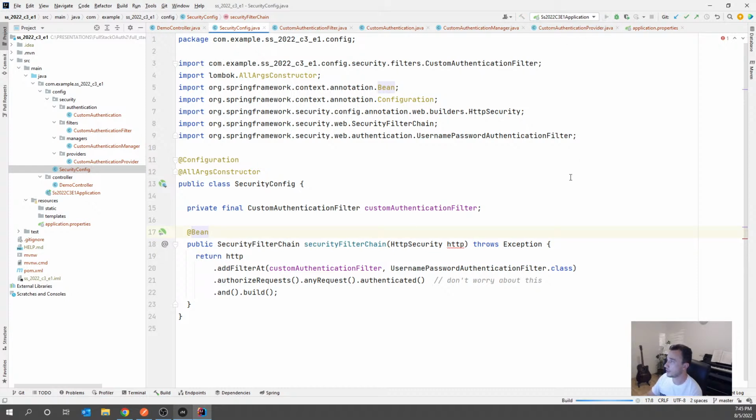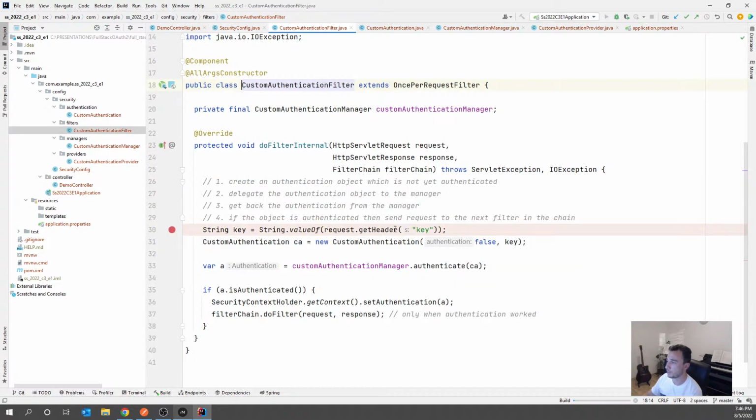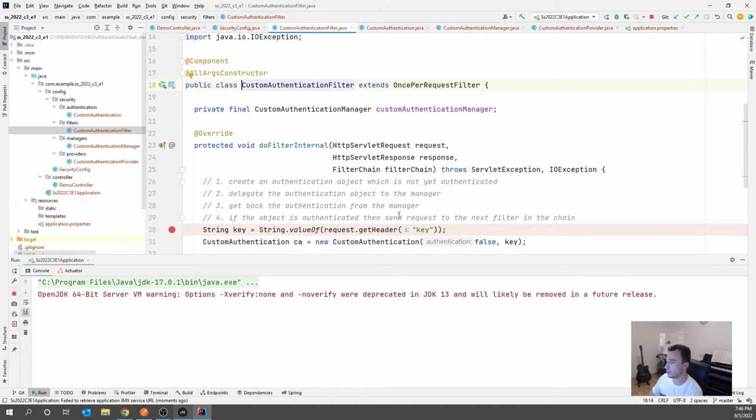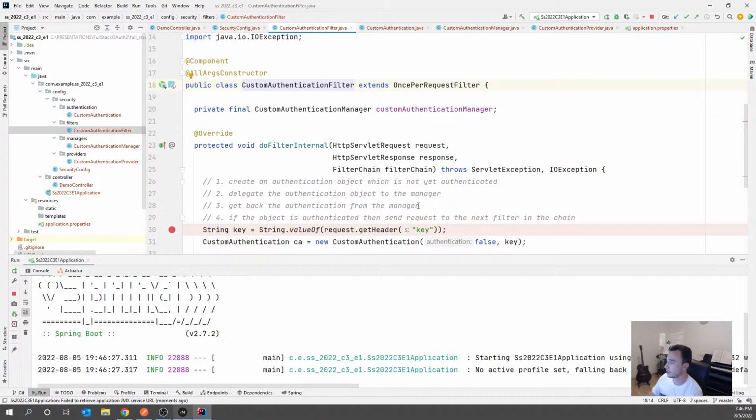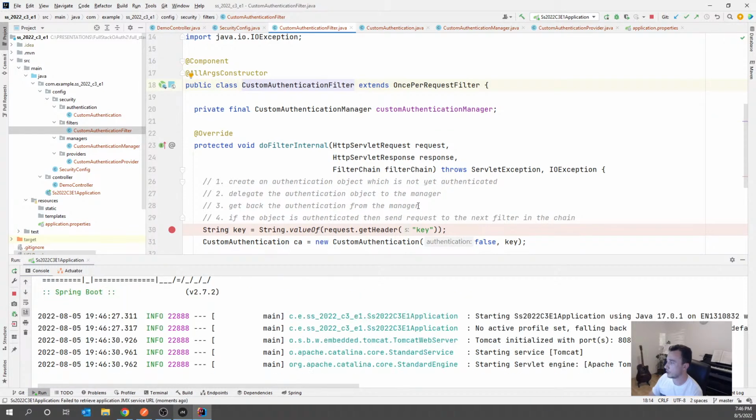Cool, let's start the application and see if we manage to actually do something here. And moreover, I would like to actually use some breakpoints. So first of all, I can show you it's working as desired, and then I will place some breakpoints to show you step by step exactly how it works. And then you will see how this integrates, of course, with our framework. So it's starting now,